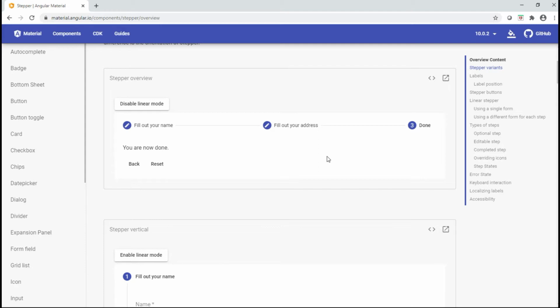And then the other thing that you should know is if you don't want to use a form group in Angular, there's this completed attribute at each step, which you can mark as completed before going on to the next step. And so I kind of think of that as, okay, you're not maintaining state in the forms. You could be doing something asynchronously and making sure your step data is persisted asynchronously before you mark it as complete. So etc. Let's go into this, and like I said, this is the vertical view